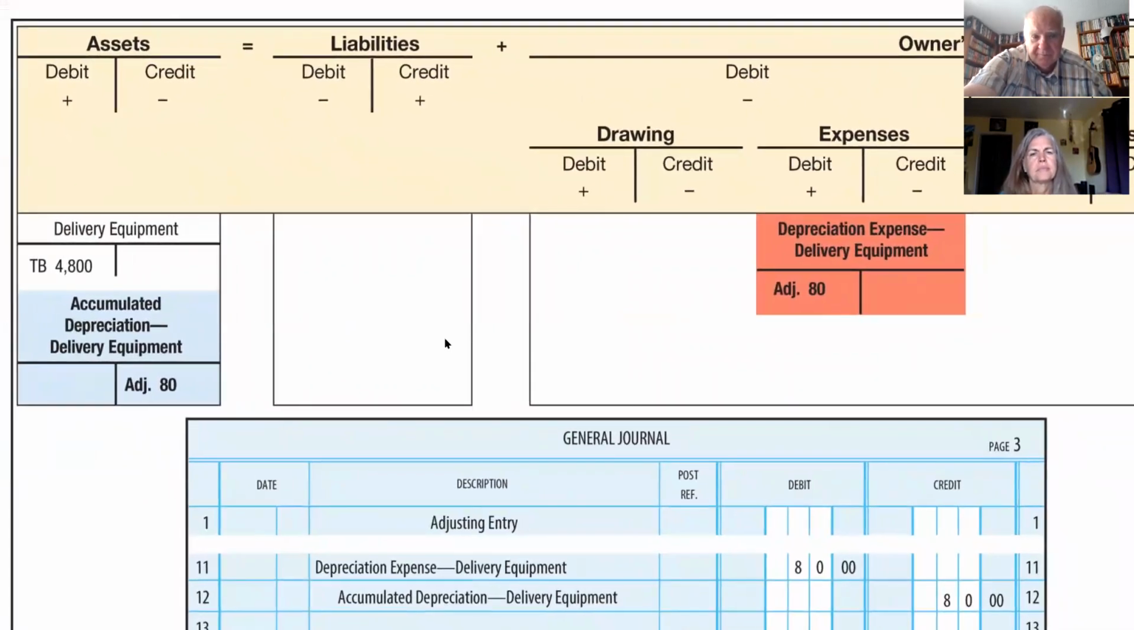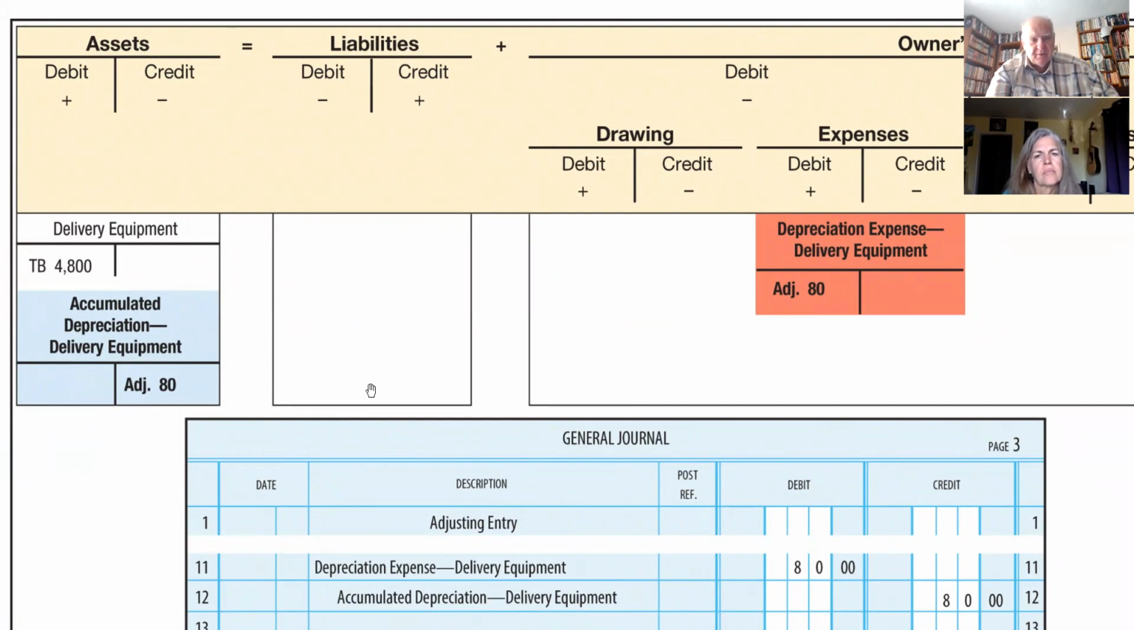Take a good look at it. Depreciation expense, you debit $80, you credit accumulated depreciation. Since the 4,800 is never going to change, what's changing is the net book value. So we're going to do this every month for the next 60 months. And then after 60 months, the net book value of this thing would be 0 because the accumulated depreciation